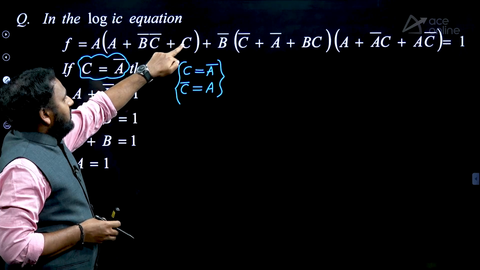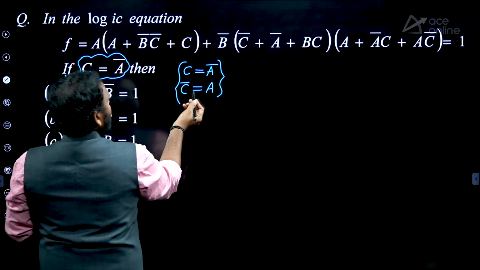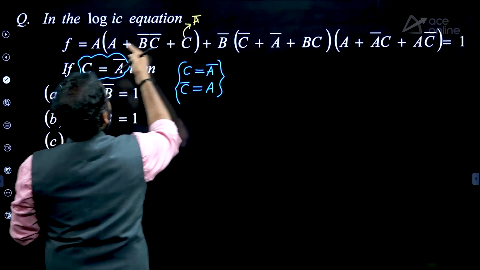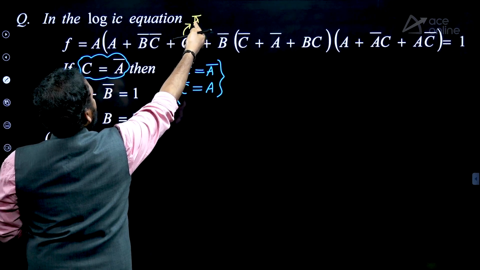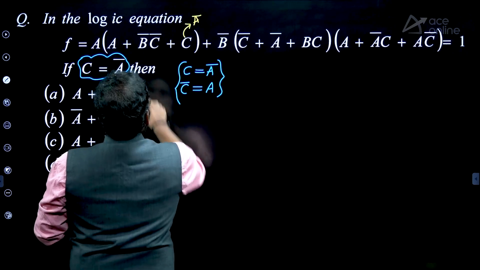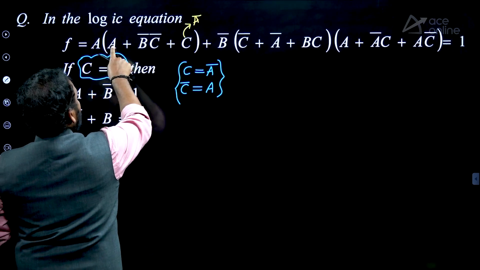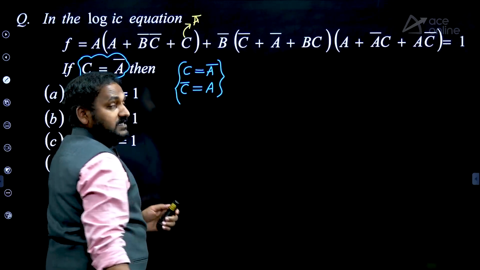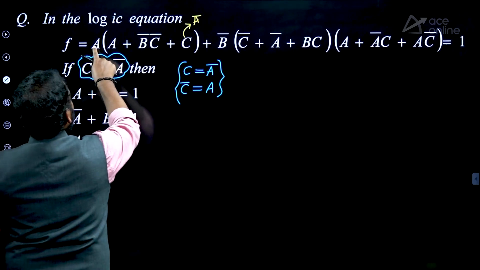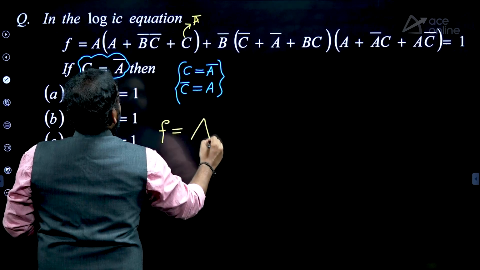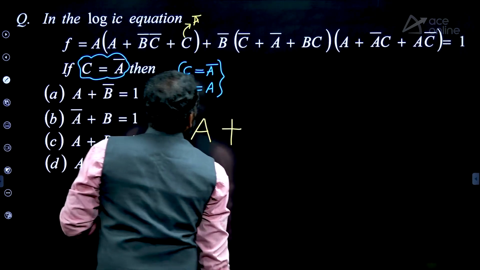This is C. In place of C, you should write A bar. Then tell me, A plus A bar: in place of C, you write A bar. Inside the bracket, we have A and A bar. A plus A bar is 1. A plus A bar is 1, okay? 1 into A, so the first result is A. Plus,